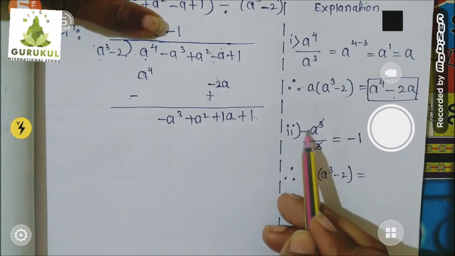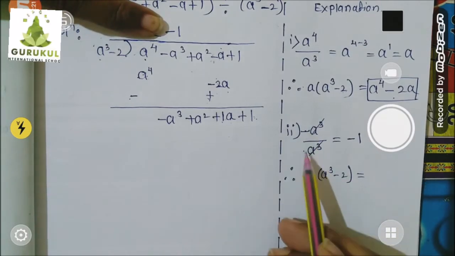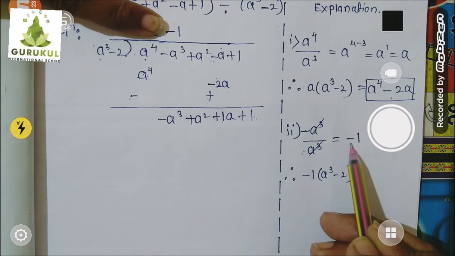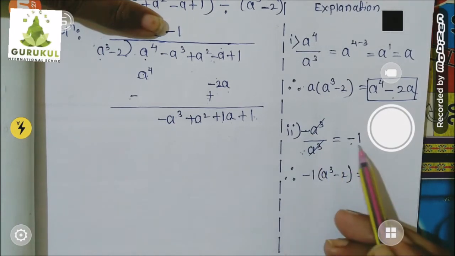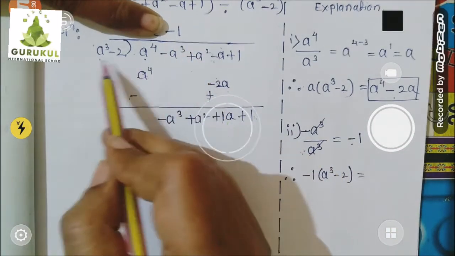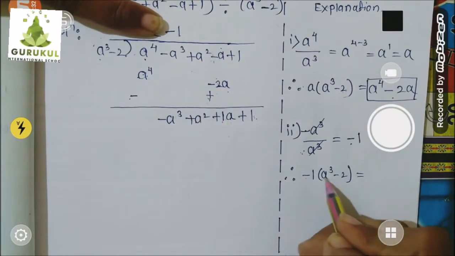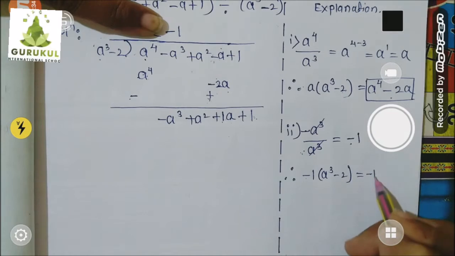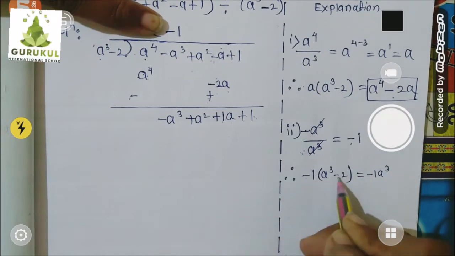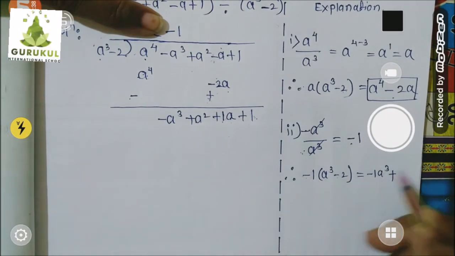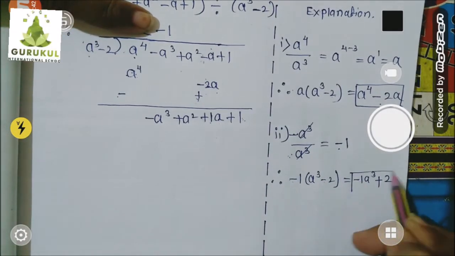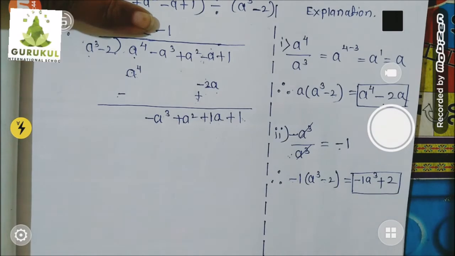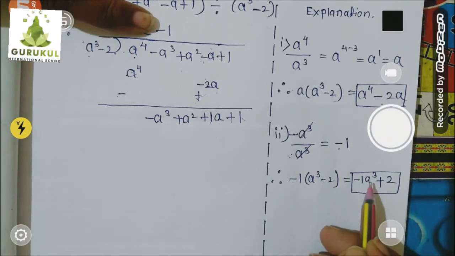And children, one more thing. This is minus, this is plus. Plus minus, minus. So I put minus sign over here. Okay. So sign is also important. Don't forget. Now this minus 1 I multiplied with this. Let's do it. Minus 1 into a cube. Minus 1 a cube. Now minus into minus plus. 1 2s are 2. So what is the final answer? This we will write down as a product over here. Now minus 1 a cube, it means minus a cube.